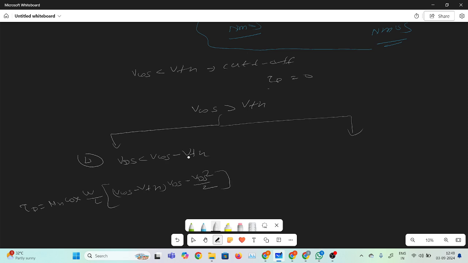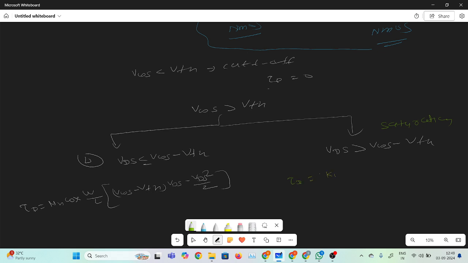Okay, and in case of VGS greater than VTH, then one more condition: if VDS is greater than VGS minus VTH, that is the case of the saturation region. In the saturation region, MOSFET behaves as an amplifier. Okay, so this is the saturation region, and in that the expression of the current is